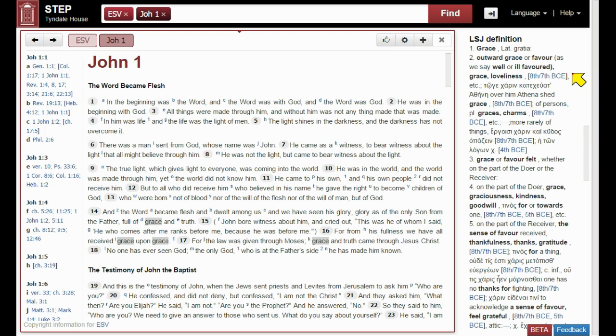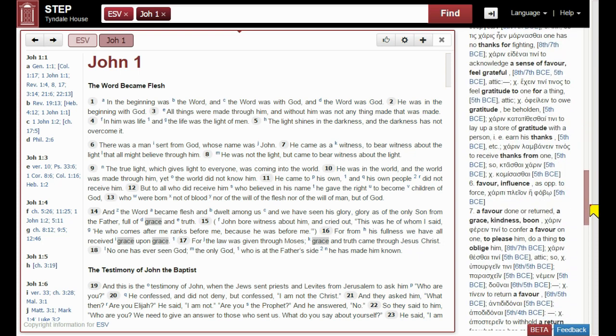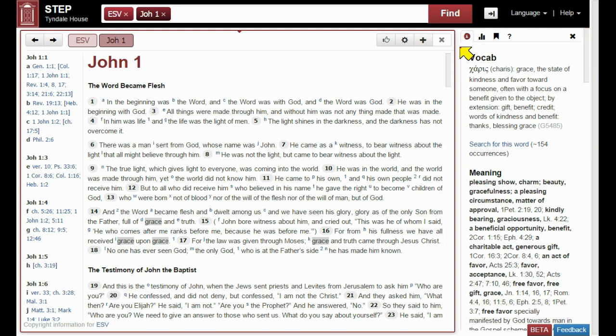And Step has improved it, because all the ancient authors have been turned into centuries when they lived, to help you see how the meaning has changed over time. And if you hover over the century, you'll find the original author as listed in the Liddell Scott Jones. Though in this case I don't think it is going to help us understand John very much. So instead, let's see how it's used in the New Testament by searching for it.